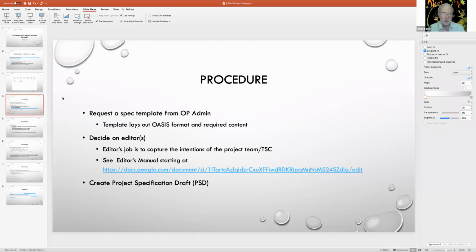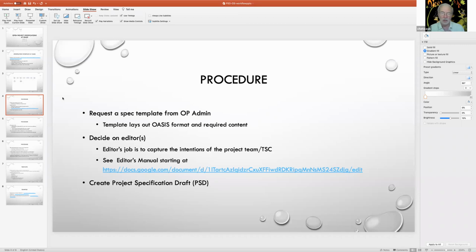So the procedure for getting this started is you request a specification template for a particular piece of work, and we work with you to determine things like what the title is going to be, what the abbreviation for the file name is going to be, some odds and ends like that, and we put together a template.